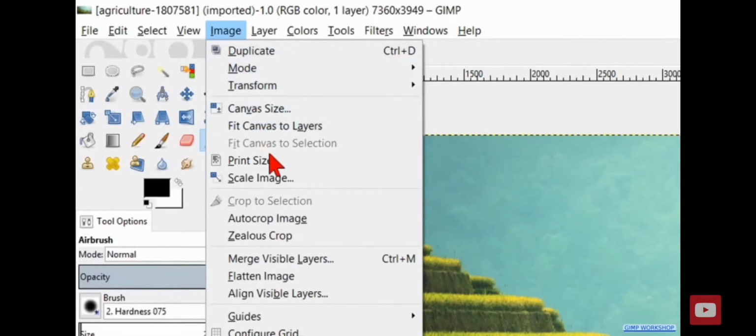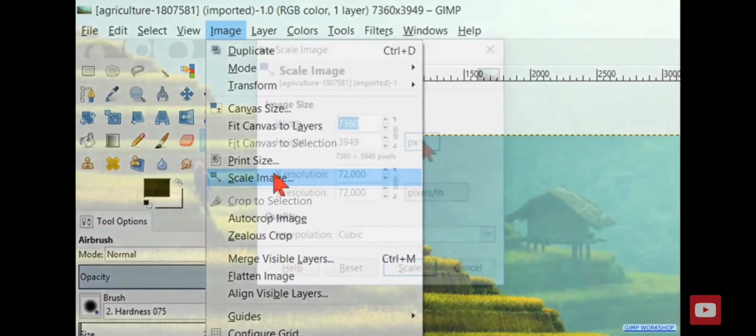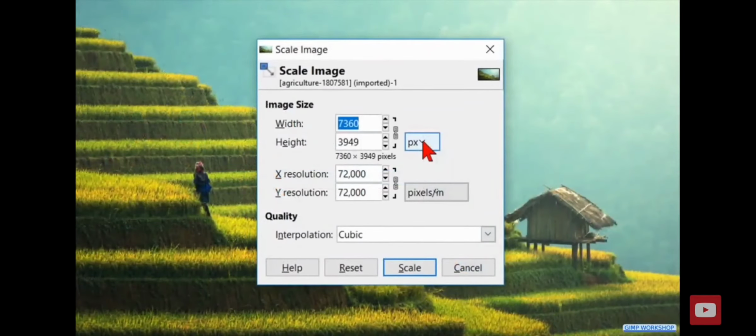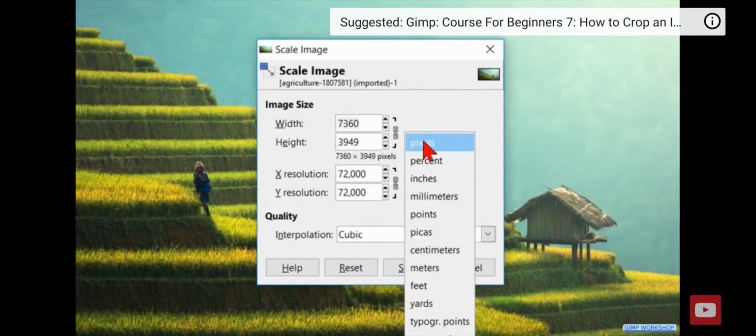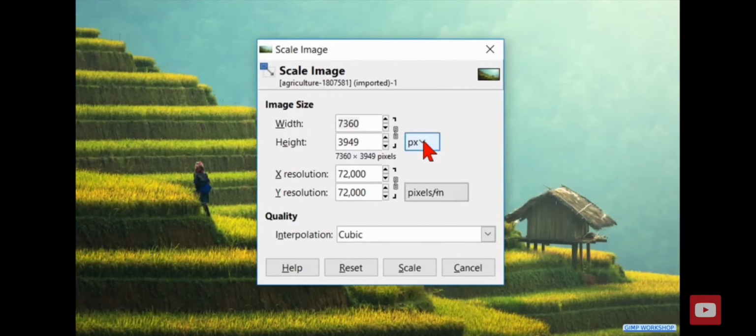So here, in the menu bar, I am selecting Image, then Scale Image. Here I am selecting pixels. If you want it in centimeters, meters, etc., you can change it. We can select units other than pixels also.